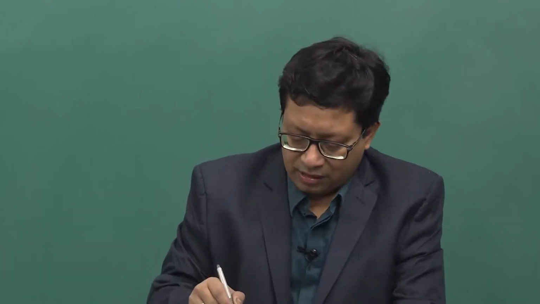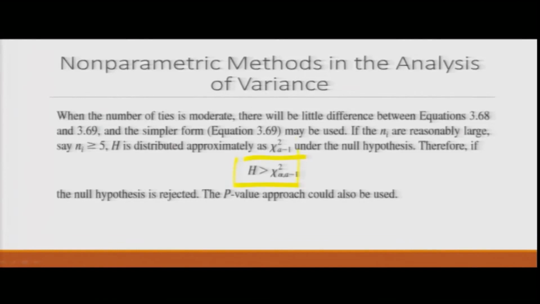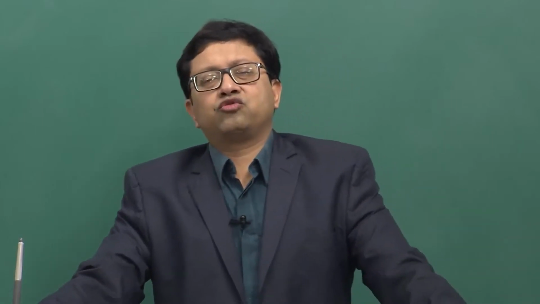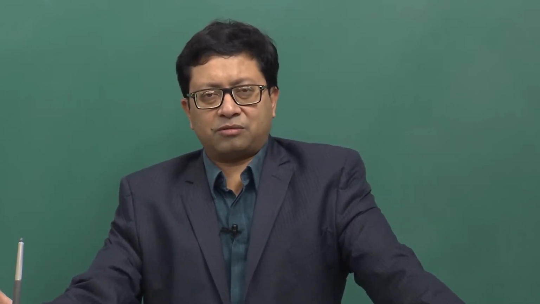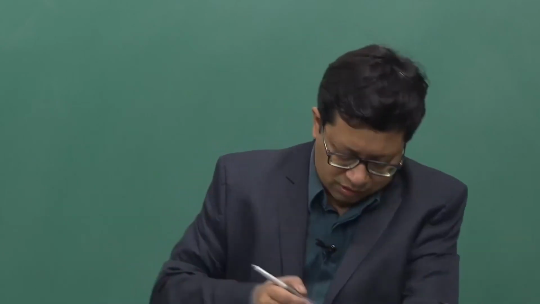So, the null hypothesis would be rejected for the right hand side if this value which I am going to highlight, which I have already repeated, is H greater than or equal to chi square a minus 1, where a minus 1 is the degrees of freedom and the suffix value of alpha would basically denote at what level of confidence it is. And we can also use the P approach to find out whether you want to reject or accept the null hypothesis. Similarly, if you want to have the less than case, obviously the formula,